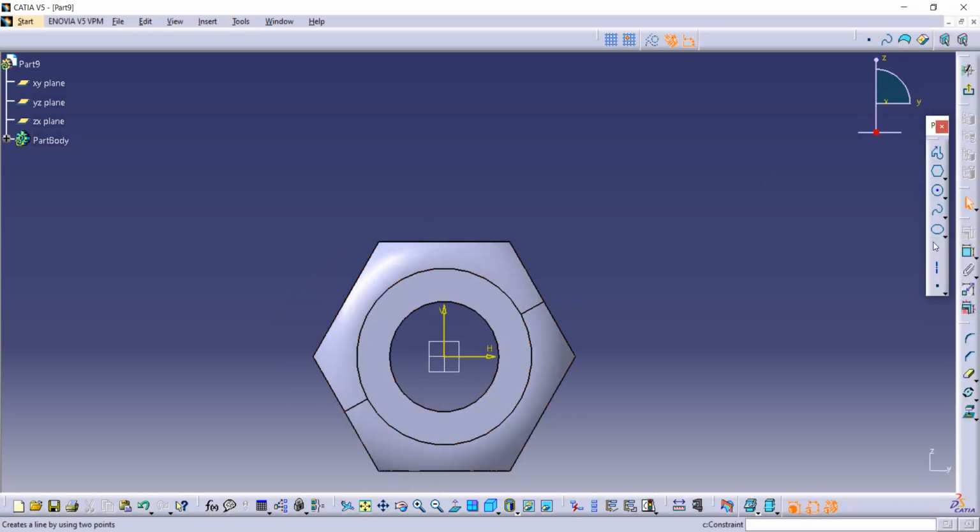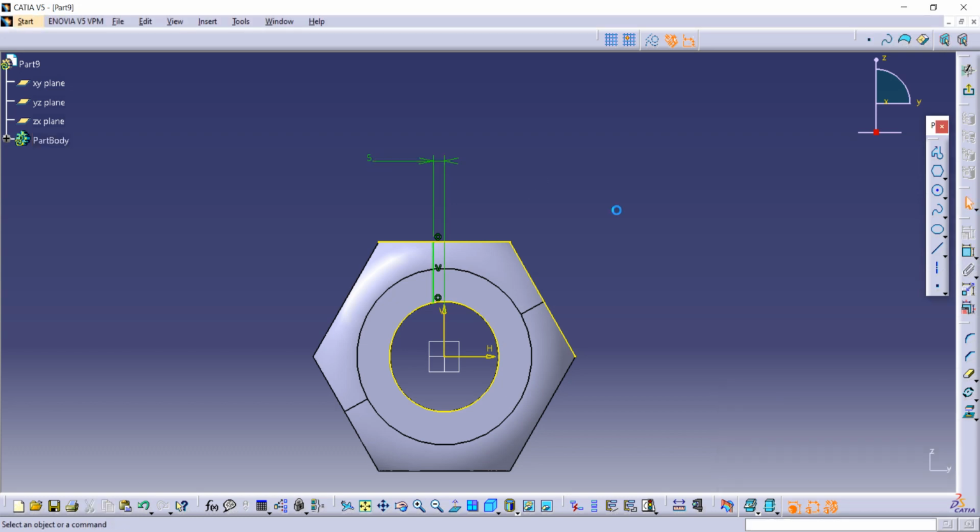After that let's make it. First go on this option, projection, project this and this line, not this, actually this. After that just go on this line command, make a line from that circle to this edge. Use this constraint command from here to here. Distance between both of them is 5.